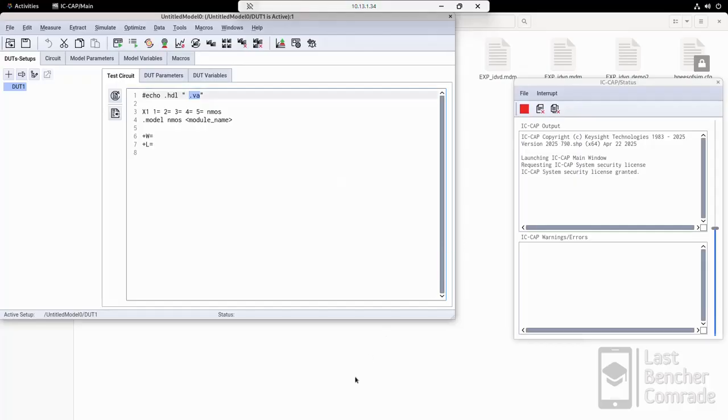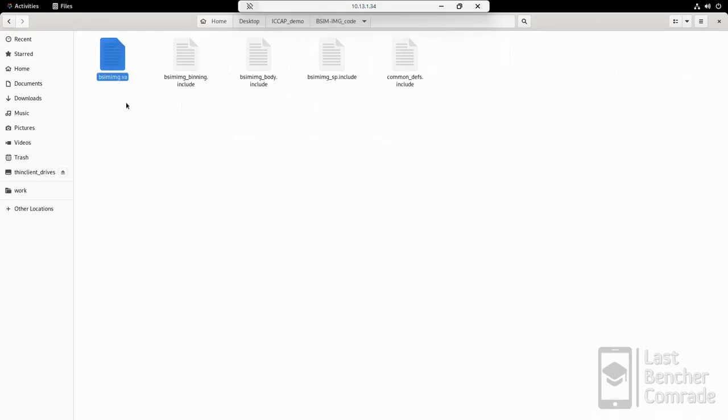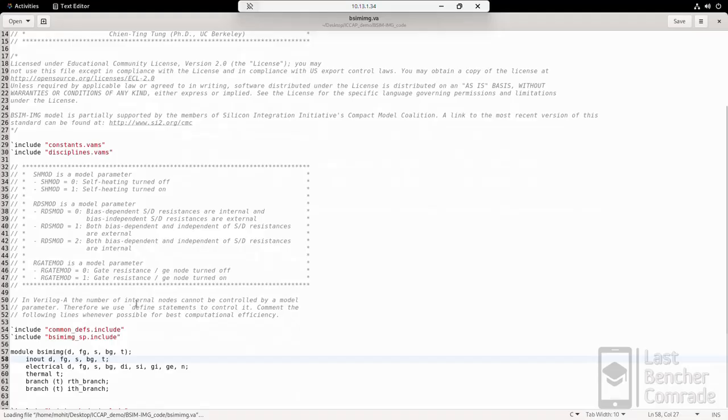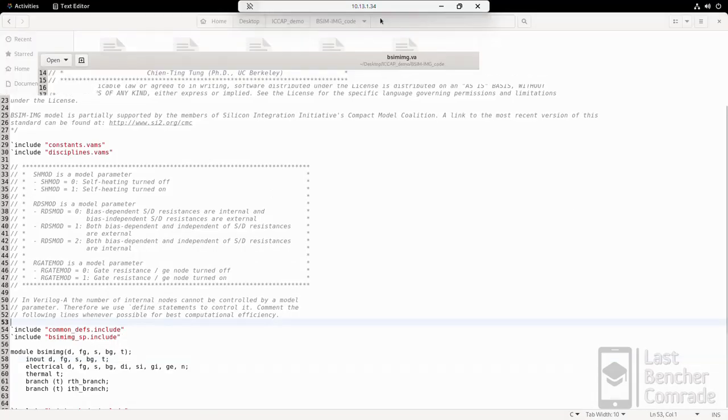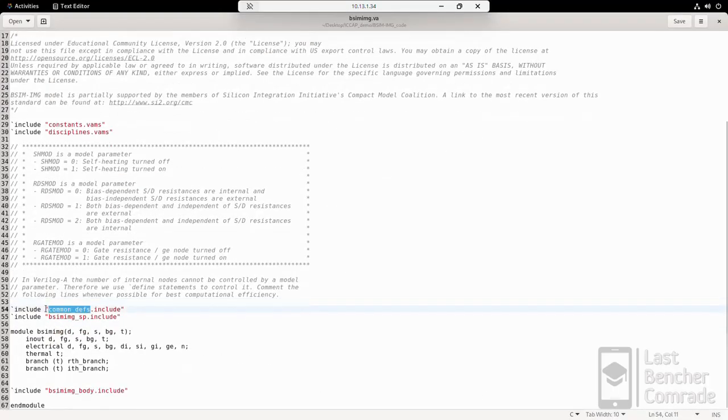what to paste here. For this particular tutorial, I'll be using this BCMG code. Whichever code you want to use, you can download it. You need to have a Verilog A file. So this has 5 files here, which includes binning, body, SP, and common definitions file. This is the main file which will be in turn calling upon all the remaining files. So we are not bothered with that. We need this Verilog A file. So see, it calls the other files and